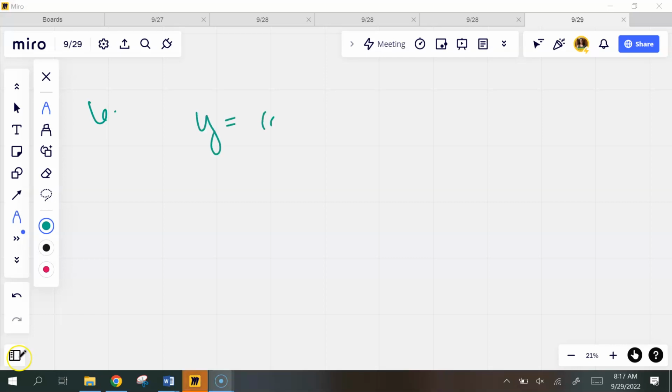y equals cotangent of 2 over x. It says to let u be 2 over x, but that's just telling you, we'll get into some,